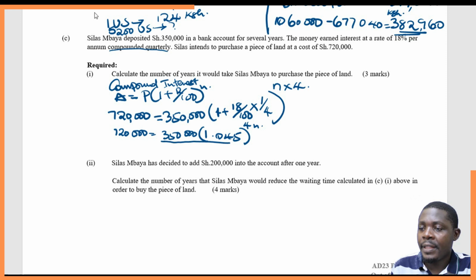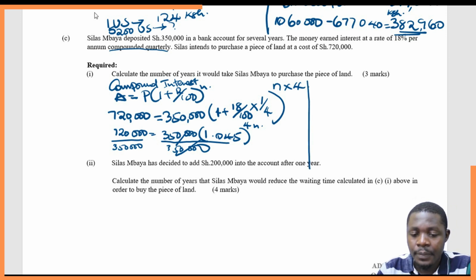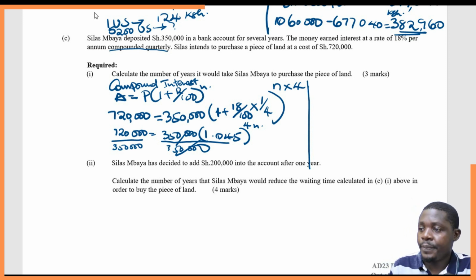Therefore, I can divide this side by 350 and this side equally. By now I have 720 divided by 350, which gives 2.057